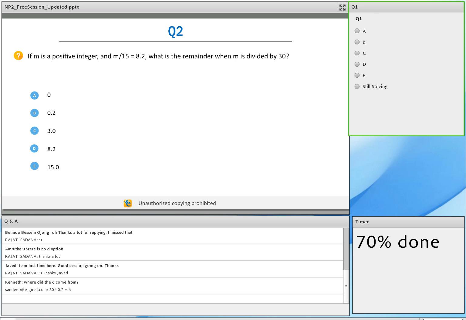Almost 80% of you are done. Let's get there. 3, 2, and 1. Let me end the poll